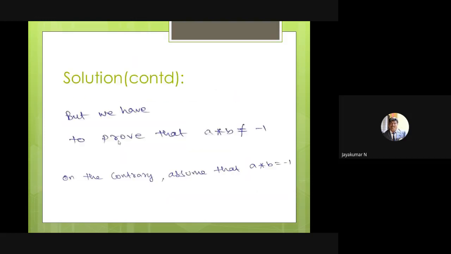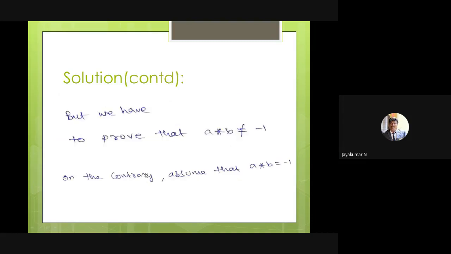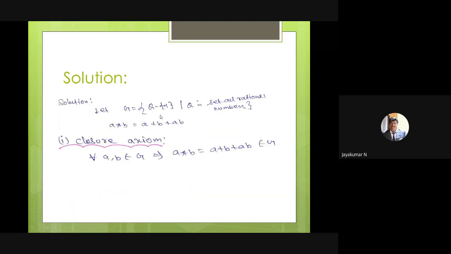One thing you have to keep in your mind. If the given set is except for something, you have to be very careful in the closure axiom, then the inverse axiom, identity axiom. Now the associative axiom is always satisfied. That is not a problem. But suppose the given set is except for some value, you have to be very careful in the closure axiom, identity axiom, inverse axiom. Associative and commutative are always satisfied. That is not a problem.